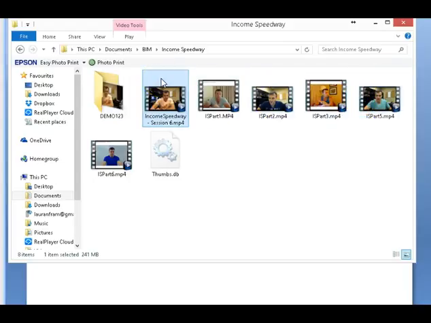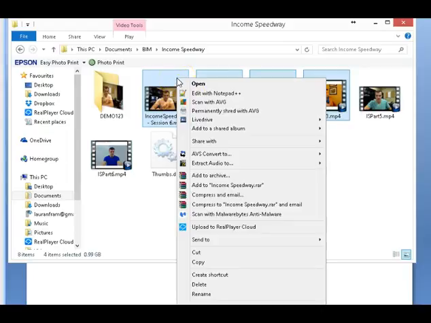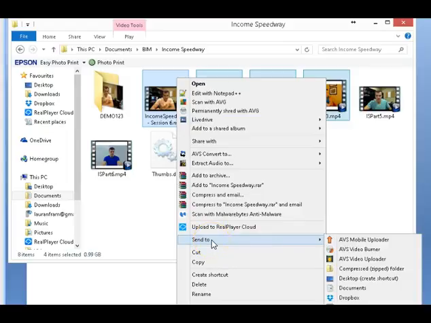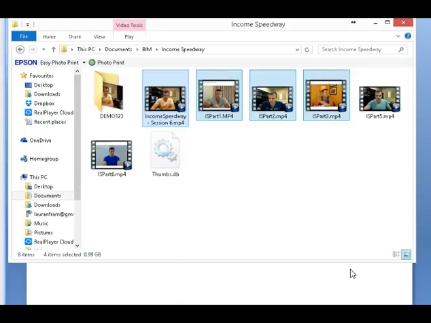And if you want to select a group of items, you can select one, and then if you use the Shift key, that's the one you'd normally use for going to capitals, and you click on the last one that you want. If you wanted these 4, and you use the Shift key and click, it selects all within that group. Okay, now if we wanted to make these into a zip folder, if we do that and click Send To, and then we go across here, you'll see it has compressed zipped folder, and if we click on that,